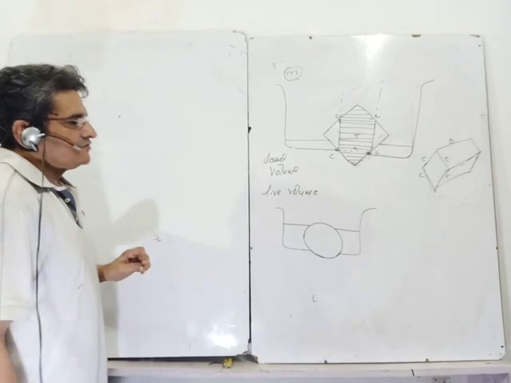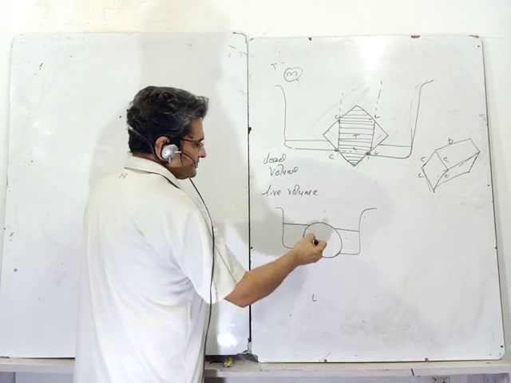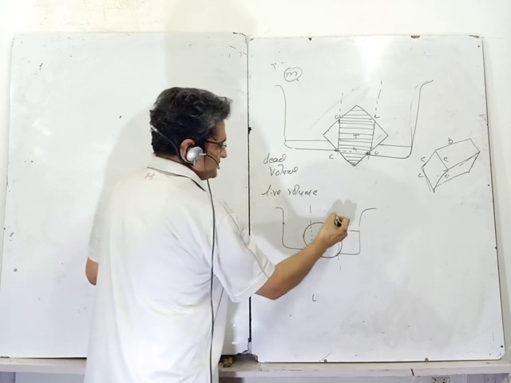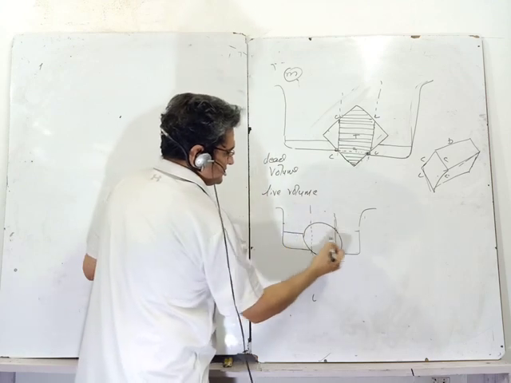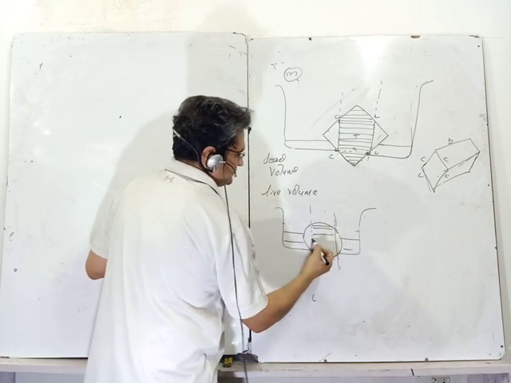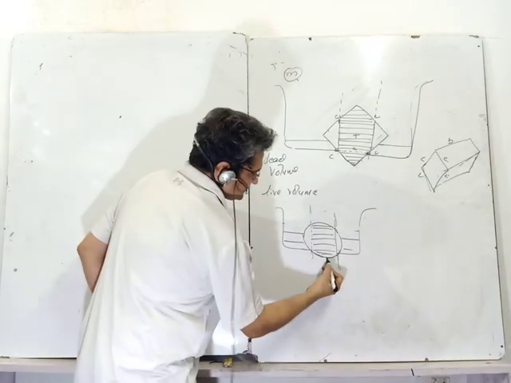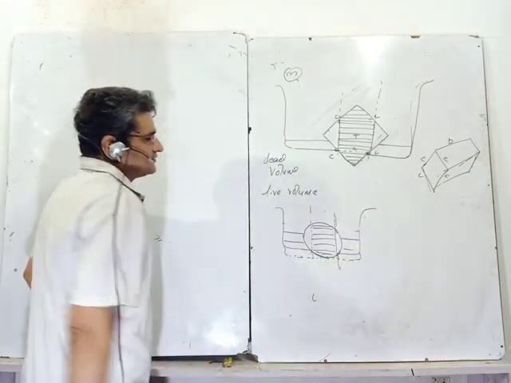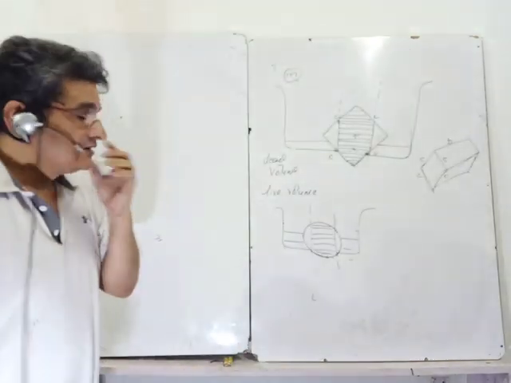Which volume will I take to find the upthrust? Same thing, draw the vertical lines. The upper liquid level can be anywhere, that is immaterial. The liquid level can be here or anywhere, but this is my dead volume. This will not give me upthrust until I ensure that the bottommost point also got the liquid. So the bottommost point which gets the liquid will define my upthrust.